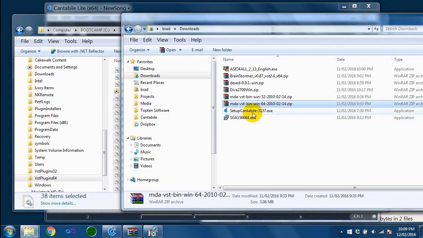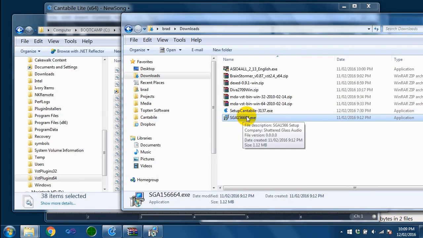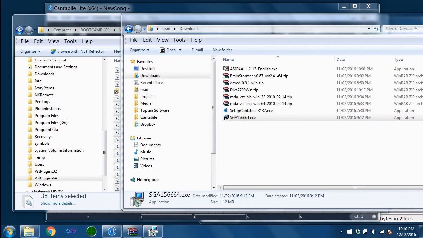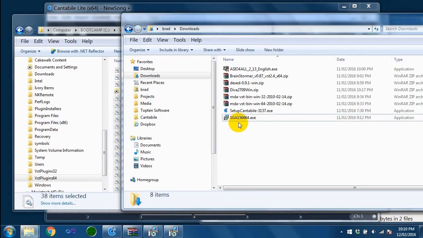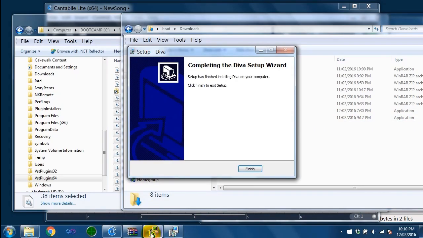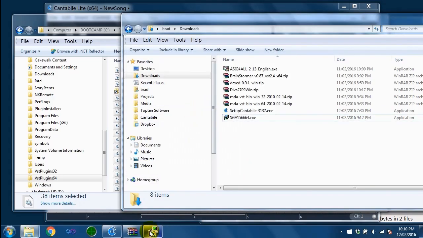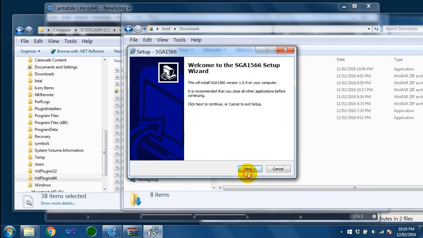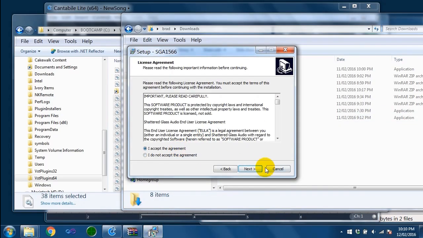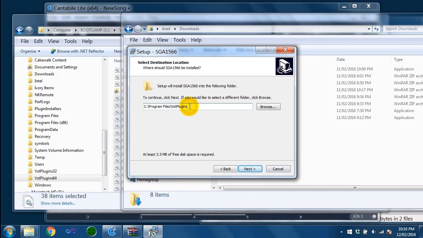Okay, and then finally, this is the Shattered Glass Audio plugin that I was showing you before, the 64-bit version that I downloaded. So if I just run this installer, what I tend to do when I'm installing plugins from an installer is that sometimes it's a good idea to actually put them in a subfolder. So this is the 64-bit one, so I'm going to put that here, and I'm just going to put